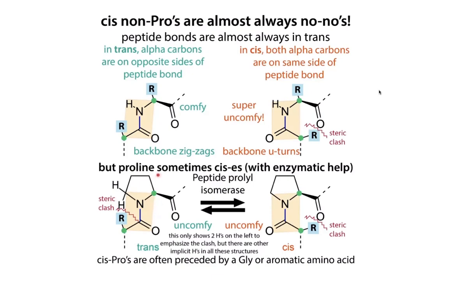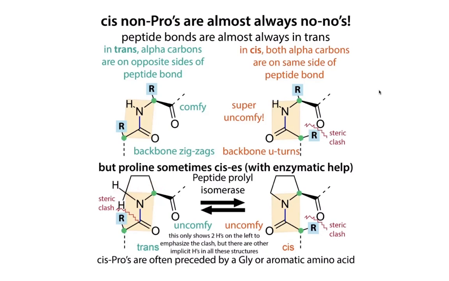But one of the reasons why it's good for weird little tight turns is because it can form this cis form. Basically, proline is so awkward that it's always going to be causing steric clashes, whether it's in the trans form or the cis form. In the trans form, the R group of the thing that's next to it is going to be clashing with the hydrogen on this proline. And note that I've just drawn in these two hydrogens here to emphasize this clash. But you're going to have those same hydrogens